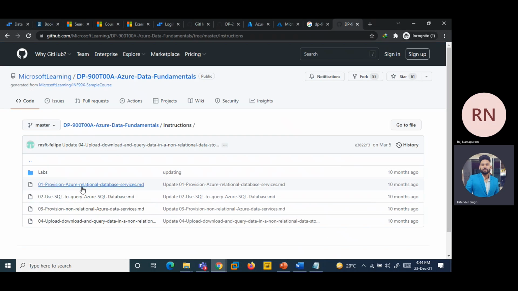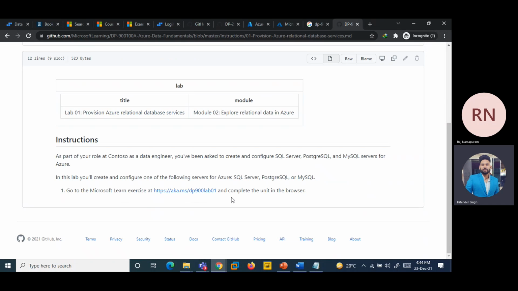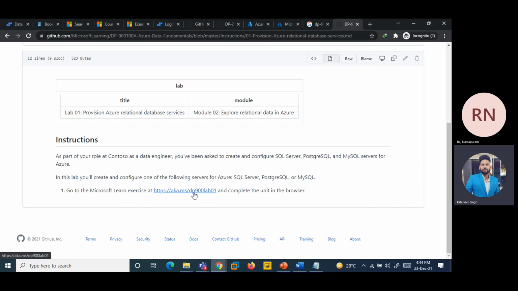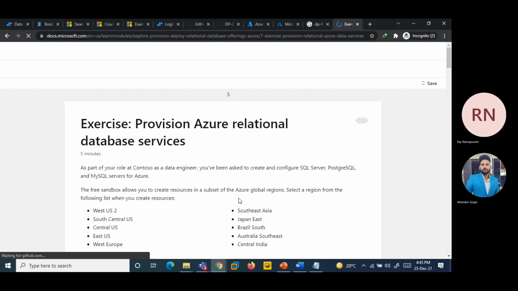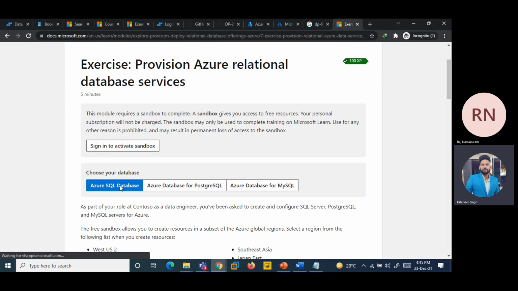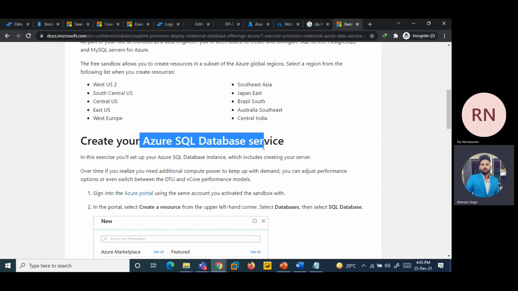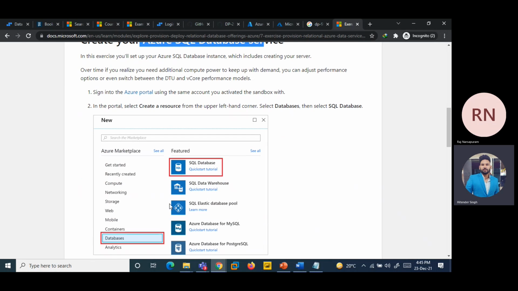Okay, it will talk about the relational databases. You can read the instructions to see how they are creating them. You have to go to this exercise, right there: SQL database, PostgreSQL, MySQL. If you know how to create a SQL database, then why do you need to perform these